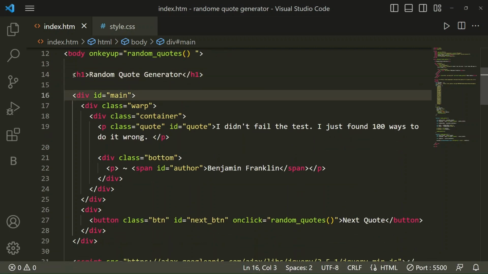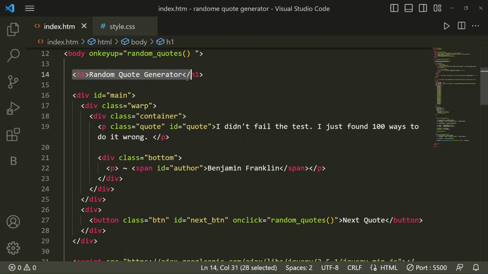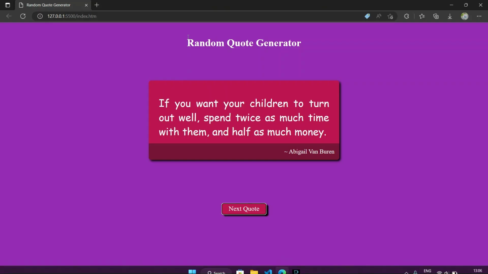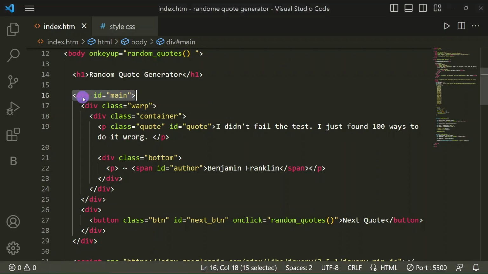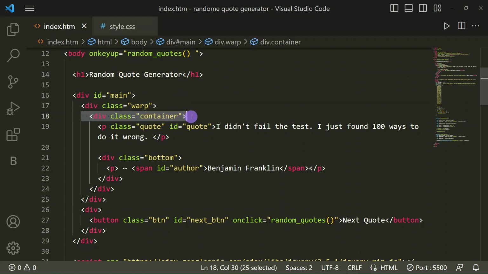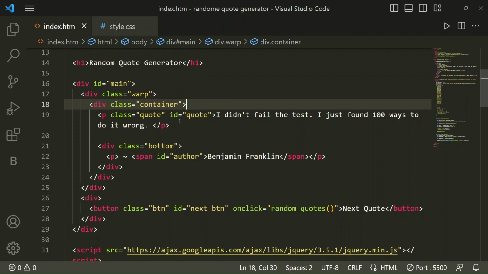Then in this body tag I have taken an h1 tag, random code generator, which you can see here. Then I have taken a div with id main, and in this div a div with class ref, and in this div I have taken class container.